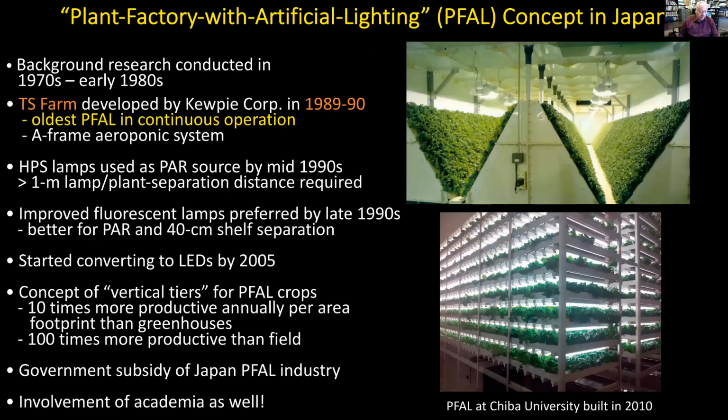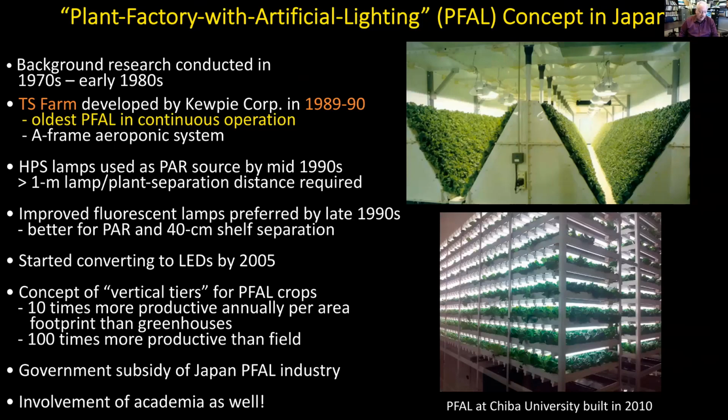Now we move to Japan, where the term plant factory with artificial lighting, or PFAL, became popularized. A lot of background growth chamber research in support of PFAL development was conducted starting in the 1970s, and by the late 1980s, diverse operations went commercial. TS Farm, which utilizes aeroponics and A-frame design, started up around